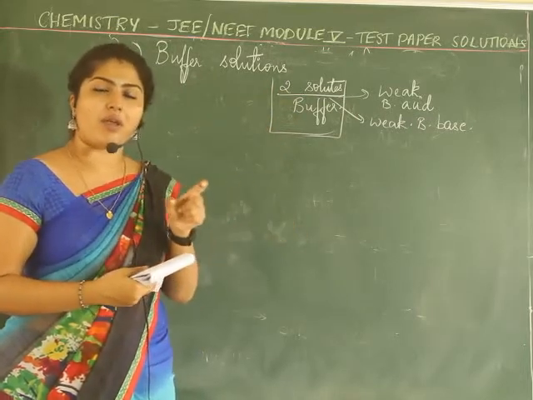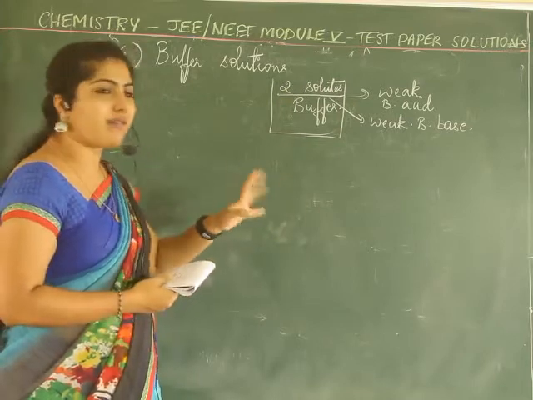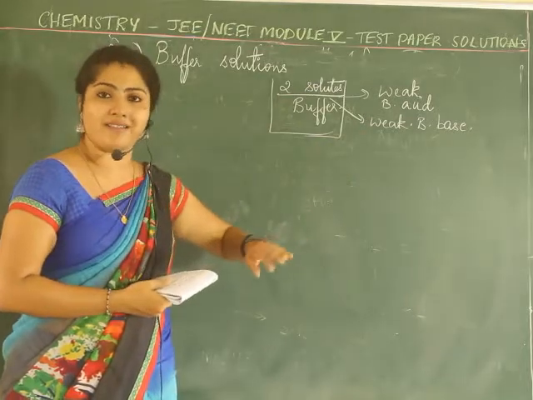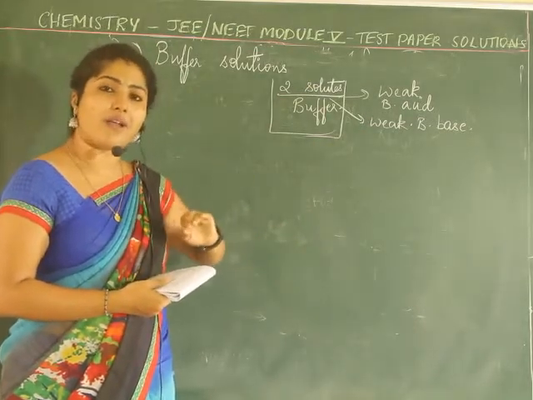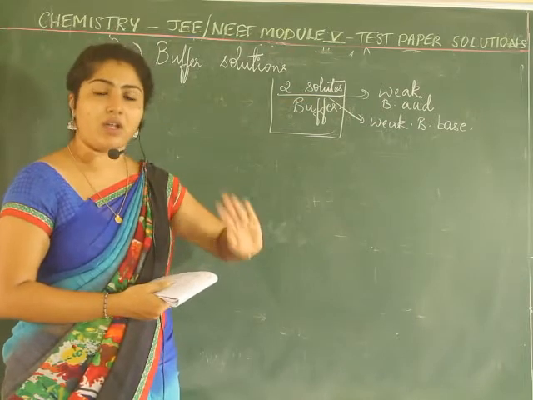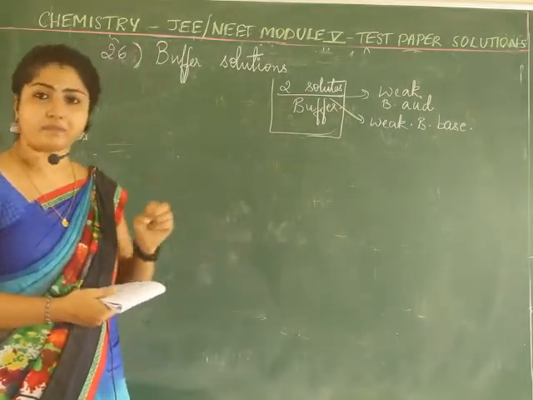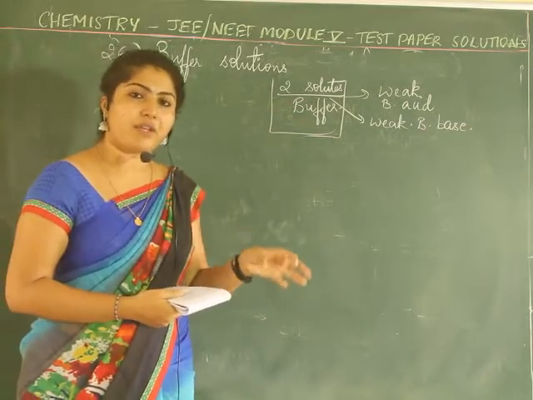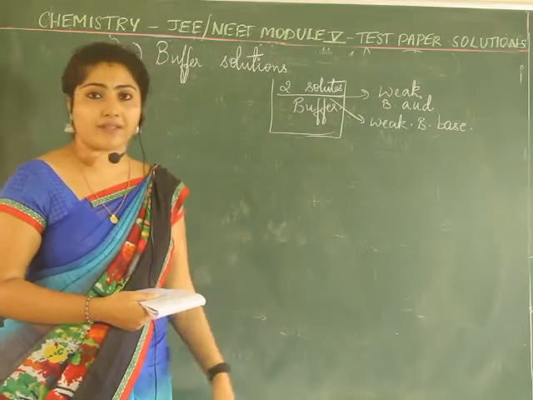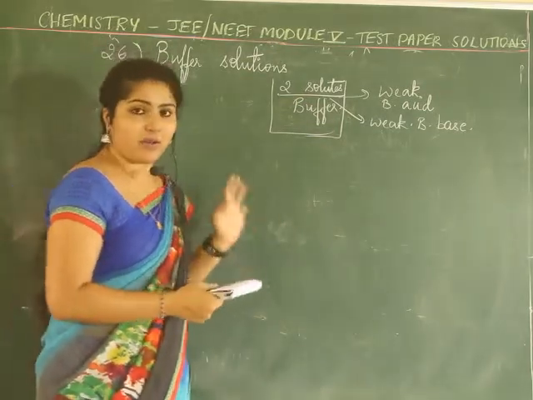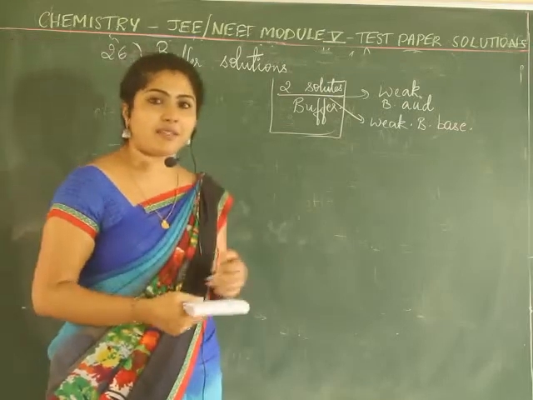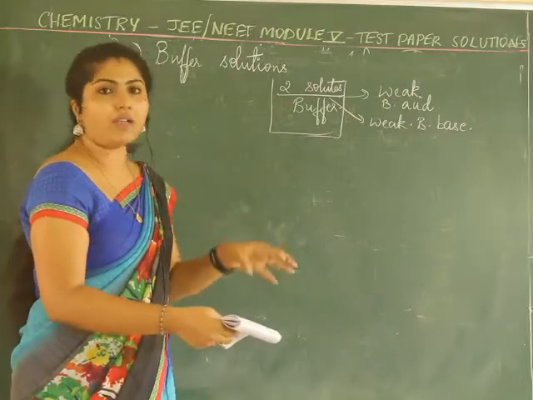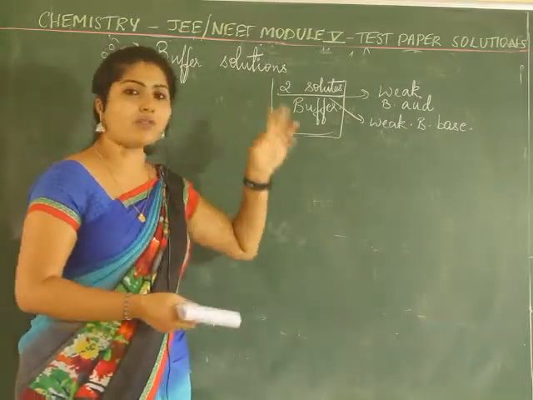It tries to resist a small amount of acid or base. If you add it, then it can resist. Why? Because these two solutes which are present will try to balance it, will try to neutralize it, or will try to resist its nature, what you have added, either acid or base. Since we are speaking about pH, when a small amount of acid is added, it tries to balance, it tries to resist. That is the main reason. The reason is not that it has some special property that it will not allow anything to react. It's not that. It will come to the solution, right? Then these two solutes will look after it.